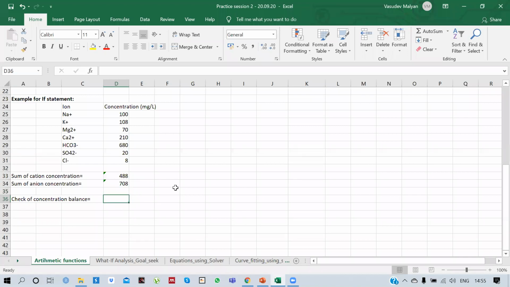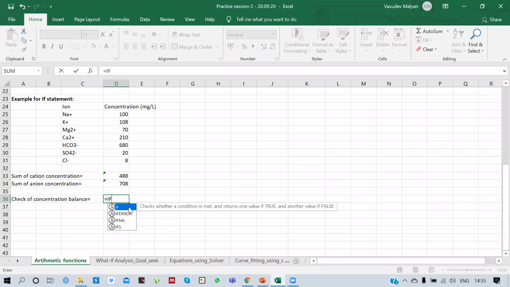However, we want to get an output. Let's say if the concentration balance is there, you want 0 as an output, and if the concentration balance is not there, you want 1 as an output. So we will use the IF statement, which is a logical statement. Press the equal to sign, and when you write IF and open the bracket, it will show you these three things.